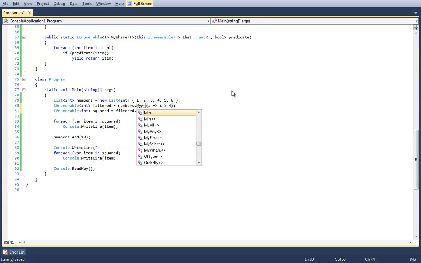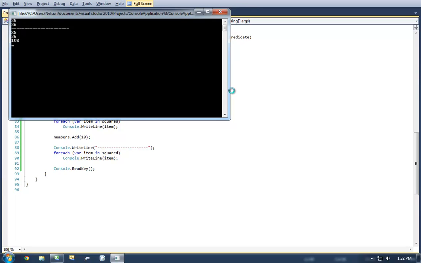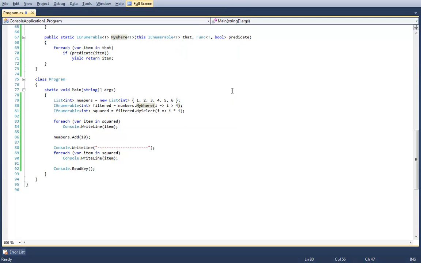Notice how all of my methods appear right now in IEnumerables. And it also appears in any class that implements IEnumerable, including List and Dictionary and all those. So now I have my All, my Any, my First, my Select, and my Where. And now if I were to run this program, we'll obviously get the exact same result because my methods are correct. Does that make sense? Remember, this is an extension method. If I hover over it, there's the parenthesized word extension right there. This means that this method wasn't originally on this type, but I've made it on this type.